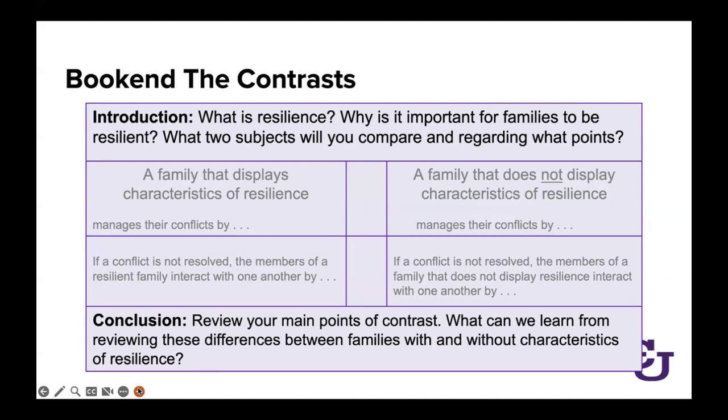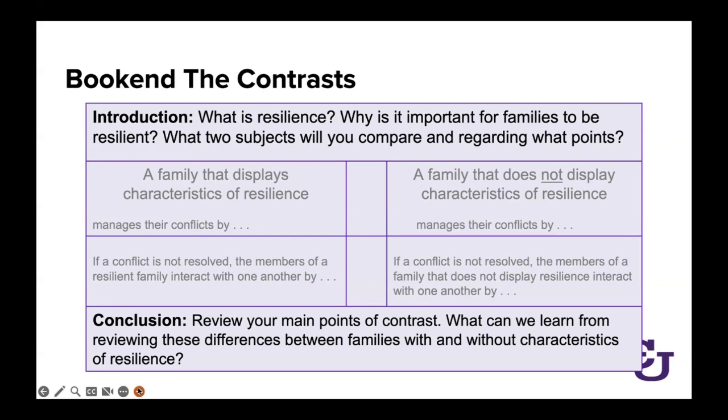Second, you're going to have some type of a discussion on why it is important for families to be resilient in the first place. I mean, people function on all different types of levels in our country and around the world. So what does it mean to be resilient in a family? And why is it important for families to be resilient? What two subjects will you compare